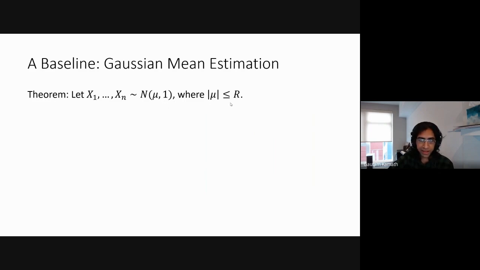And we know that the mean is less than or equal to R. This is quantifying what I said in the previous slide, where we said the heights lie between 120 and 200. Similarly, here we say that the mean is less than or equal to R. Really, we could have said any interval, but I'm keeping it centered at 0 for simplicity. This is an odd additional condition, but it's really necessary for differential privacy in most settings. So think of this as quantifying how much uncertainty the analyst has. If it's a very large value, that means they're not very certain about what their data looks like. And if it's smaller, that means they're already pretty sure what the parameter is about.